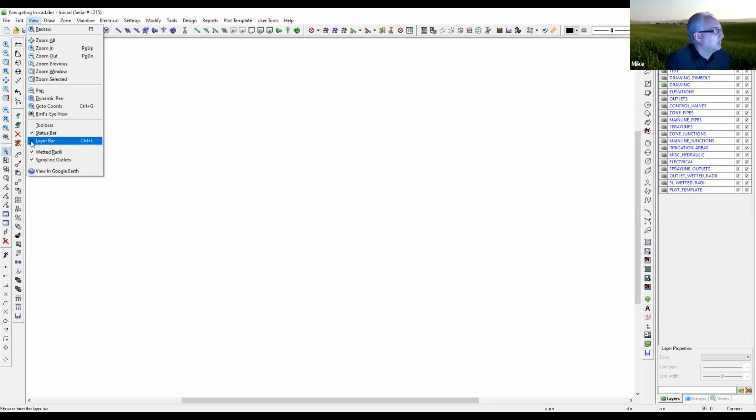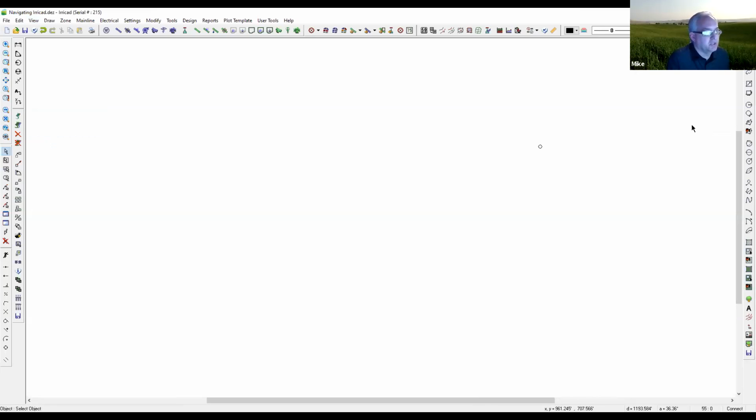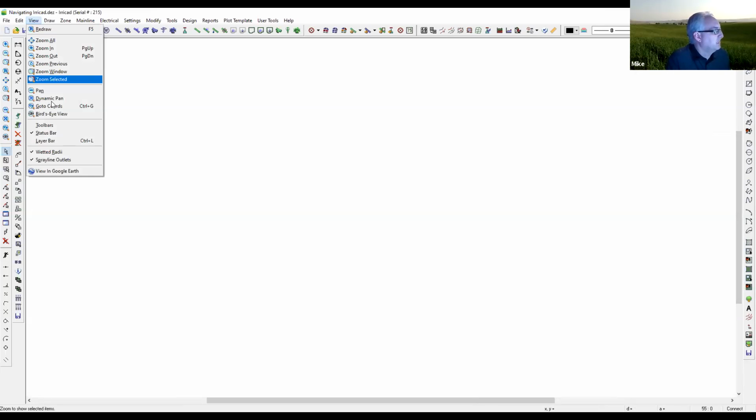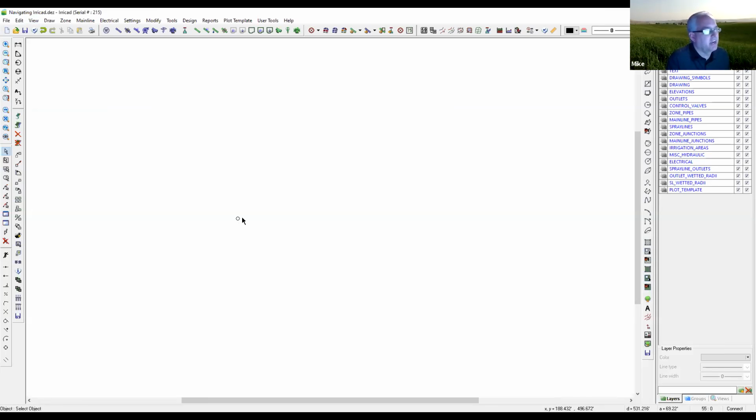Now, layer bar is checked on, and you'll see over here on the right-hand side, this is the layer bar. So here's where we could determine whether or not the layer bar is turned on or off. If we don't want to see that there, and we want more workspace, we can always turn the layer bar off. There's also a couple other ways to manage it. If you want the layer bar off, so you have more screen, but you want to be able to access it otherwise, under